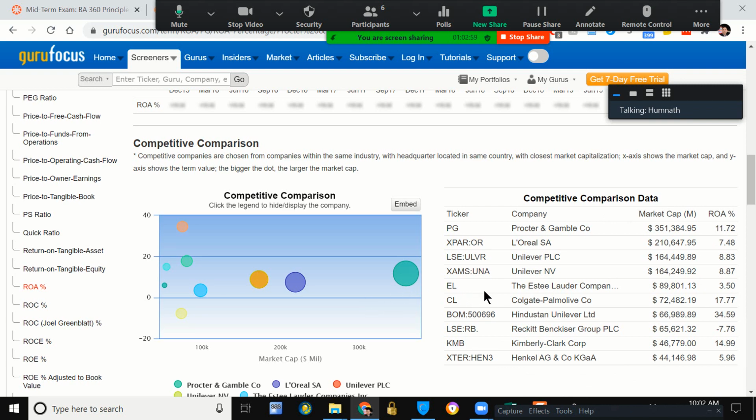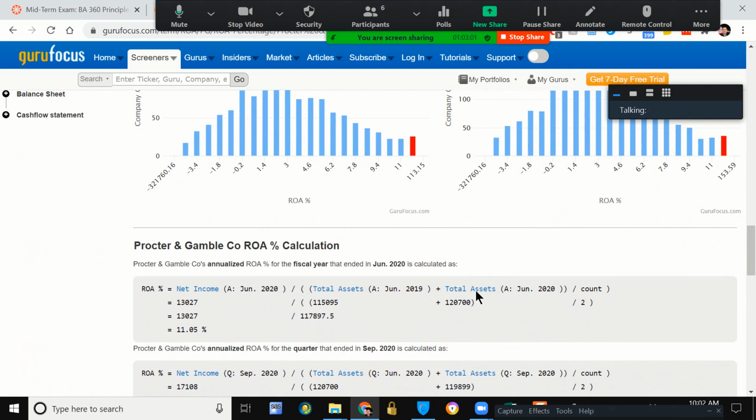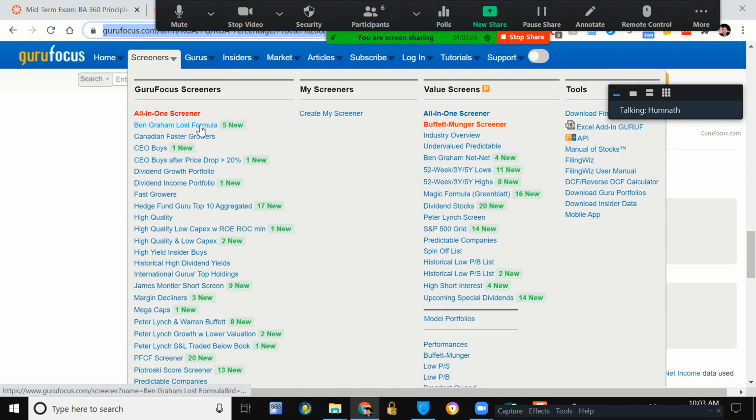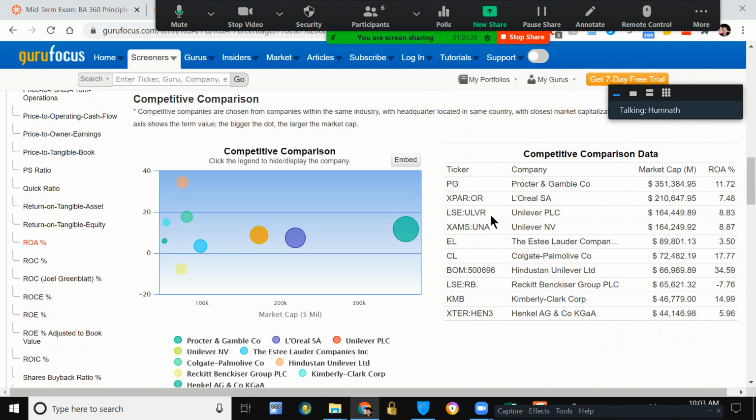Later on you can do that for your financial statement, or you can do it by yourself. But the important thing is you want to see why you are different. Look at this one. It's net income. You divide by total assets in our case, but they did the average. So total assets of this year and last year, divided by 2. So this is how they got that number. Now you just copy this link, and you remember this number